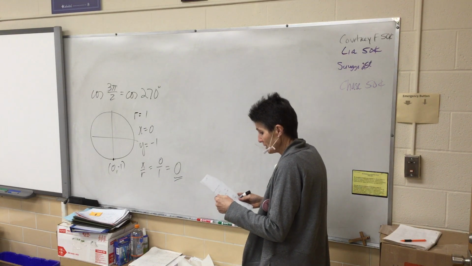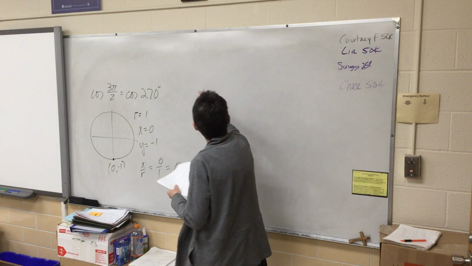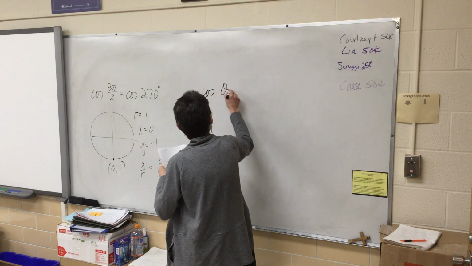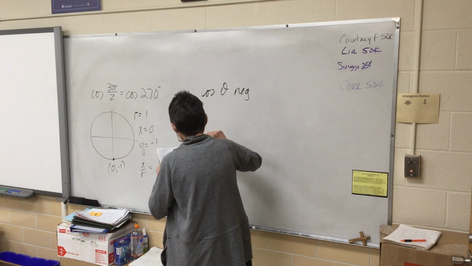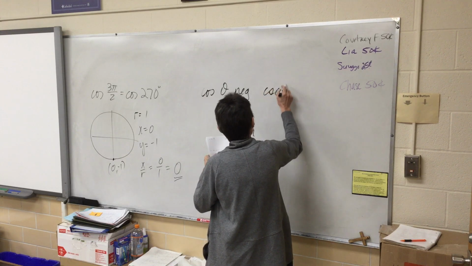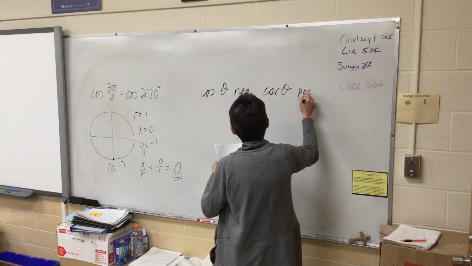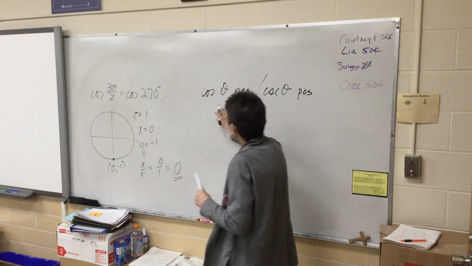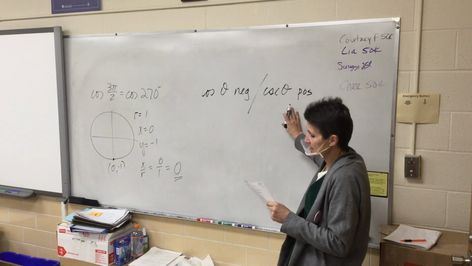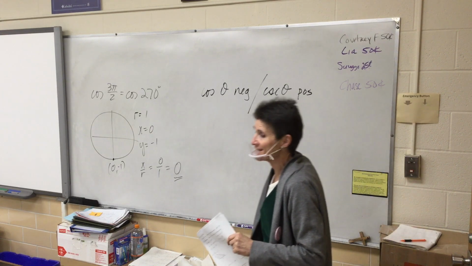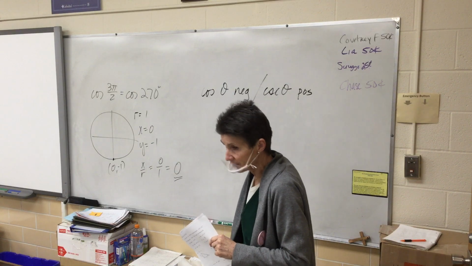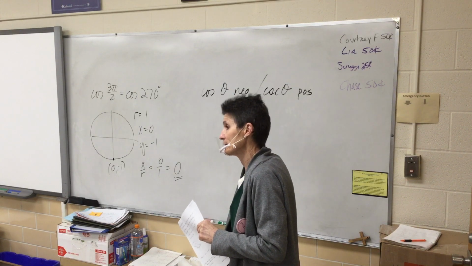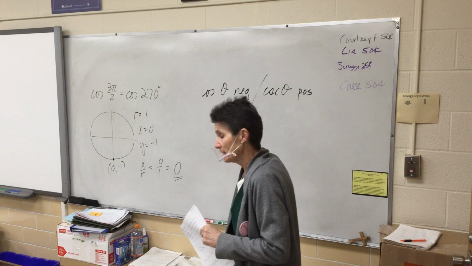Okay, in which quadrant is the cosine negative and the cosecant positive? So cosine negative, cosecant positive. Remember, less than 0 means negative, greater than 0 means positive. Now,